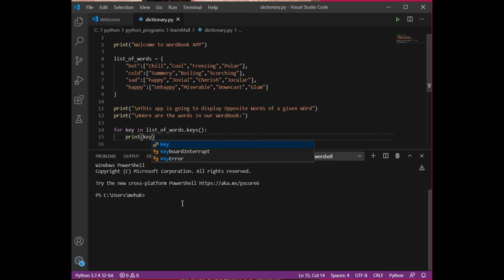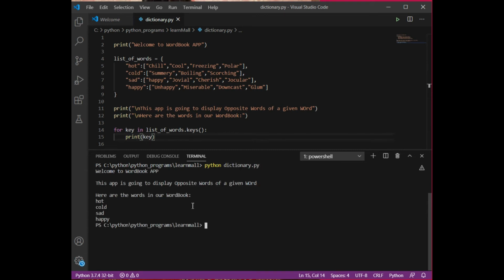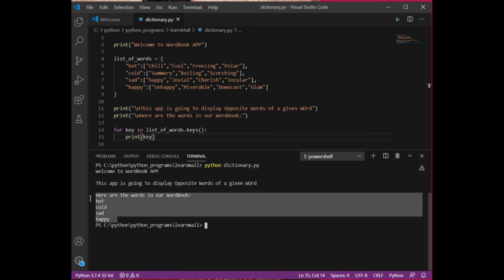Now let's just save this. Let's just run this. The name is dictionary.py. So see, it is giving me the words, that here are the words in our word book. Now if you don't want to display the words like this, you can use a tab key here, so that it will display the words with some spaces.